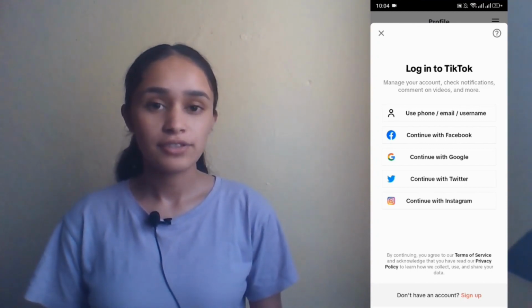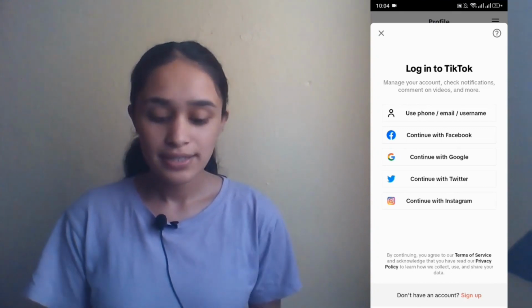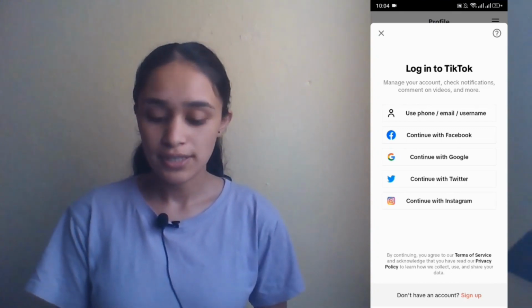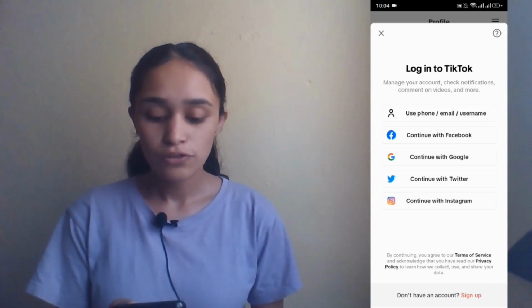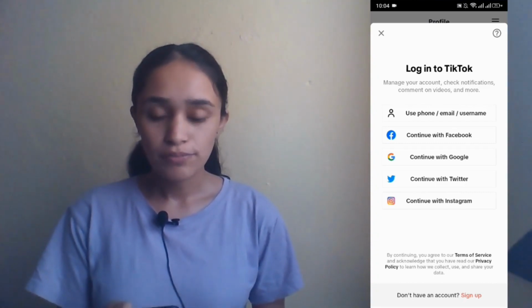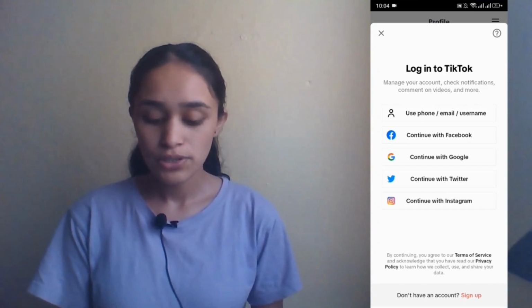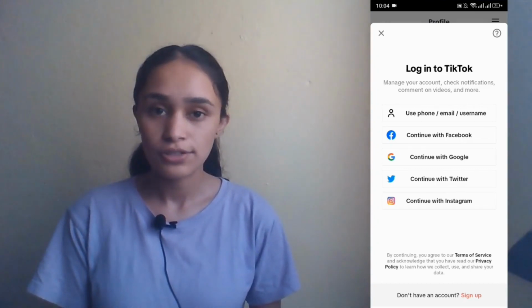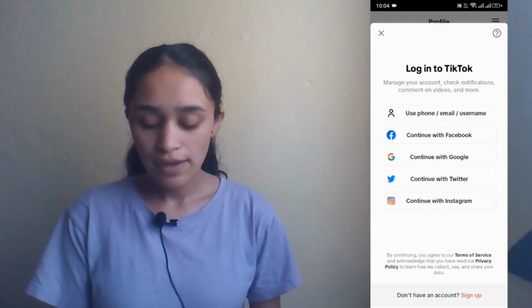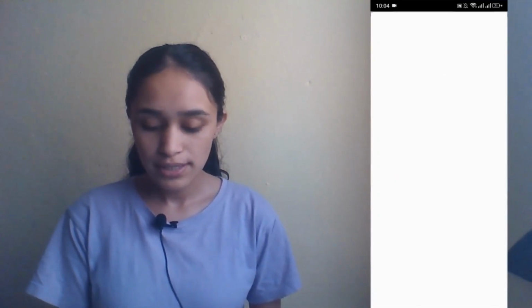Now let's get into the video. So in this screen you can see there are many ways to log into your TikTok account. You can either log in with your phone, email or username. And previously if you have connected your TikTok with your other medias like Facebook, Google, Twitter, Instagram, then you can also go for that. So for example, if you have selected use phone, email or username, you'll be opened up